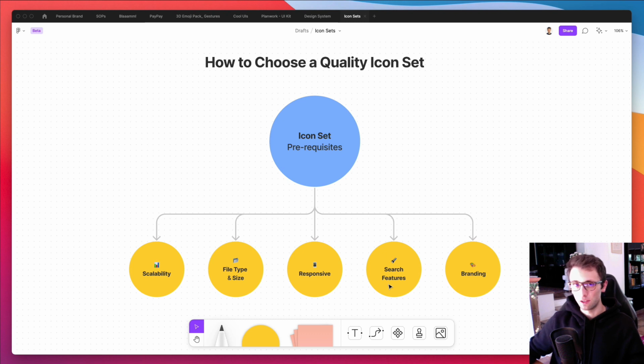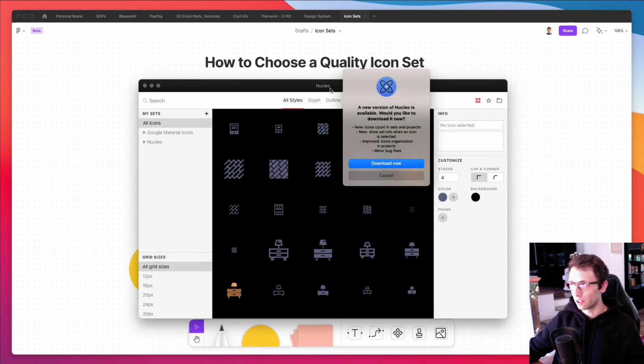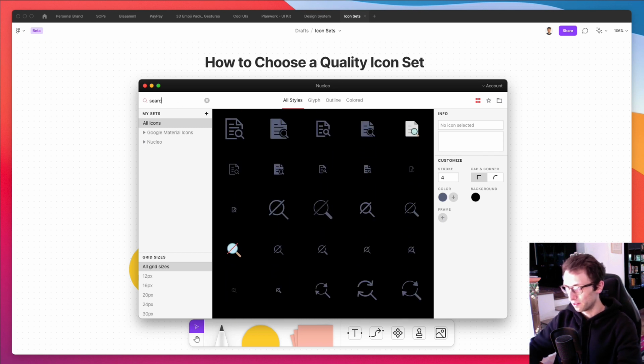And also the search features. Nowadays, I always like to work with icon sets which are connected to Nucleo app or IconJar. Essentially these apps are icon managers which allow you to work very easily. I can literally search for whatever icon I want, and I can drag and drop it into the project. And as you can see, this makes the workflow like 10 times faster than what it previously used to be,